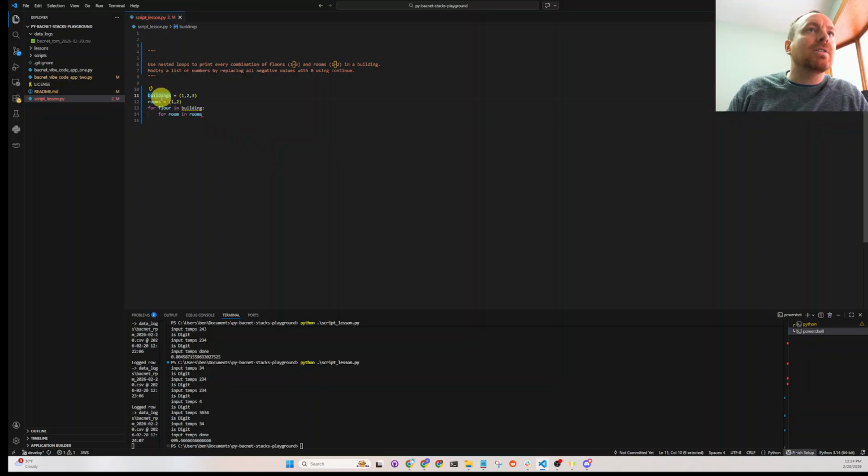This would be floors. For floor in floors, and then do room in rooms,